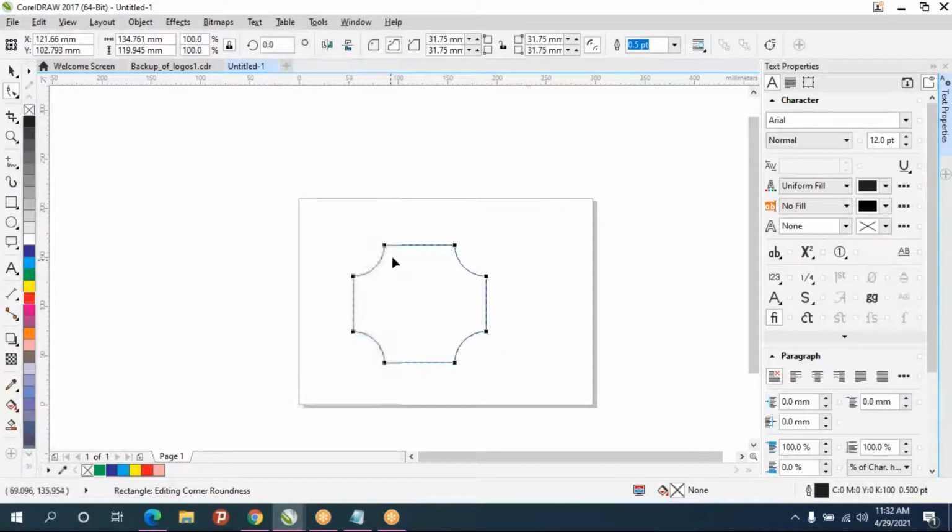No sir, I only want to adjust this corner. Then once again you click, and see these 2 points became black color, other points become white color. That means only these 2 points got selected and then you can adjust only one side. And we can make it a round corner or scalloped corner or chamfered.